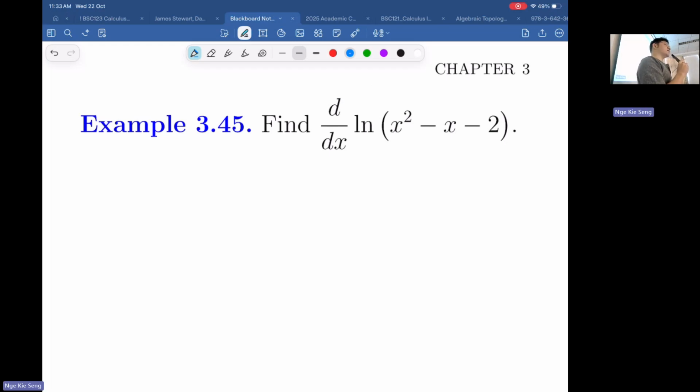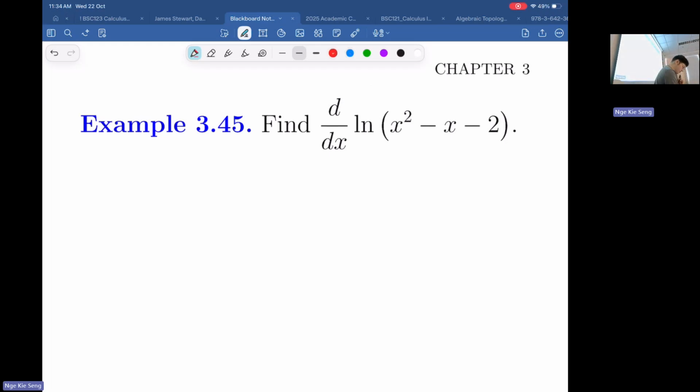So what are the basic functions here? How do you combine these two basic functions? There are a few ways to combine, right? You can take the sum, difference, quotient, product, or composite. Which one do you use? Which rule? Not sure. Actually, you are taking the composite here, right?